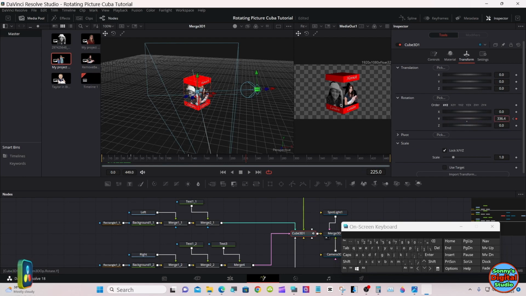Now rotate this to 360. Now we've made one full rotation.